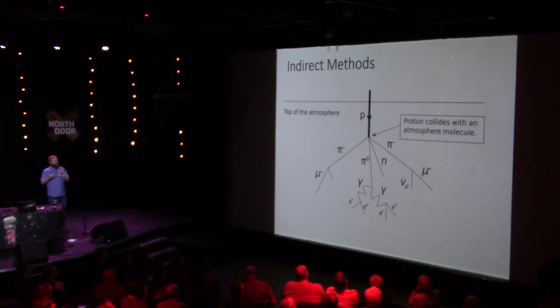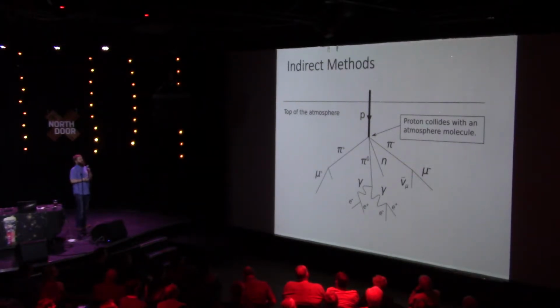So we see cosmic rays basically in two different methods. The first one is the indirect methods, and this is creating some kind of showers in the air. So what happens is, let's say you have one of these super high energy cosmic rays, and it hits the atmosphere of the Earth. And the Earth's atmosphere is incredibly dense compared to the gas it was traveling in, and the Earth also has a nice magnetic field which deflects it and also affects it. And when it hits the atmosphere, that, let's say it's a proton, will basically immediately shatter and create pions.